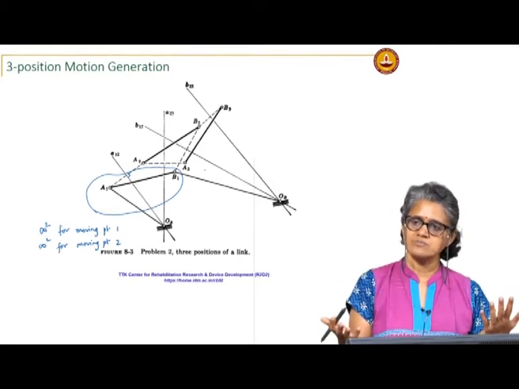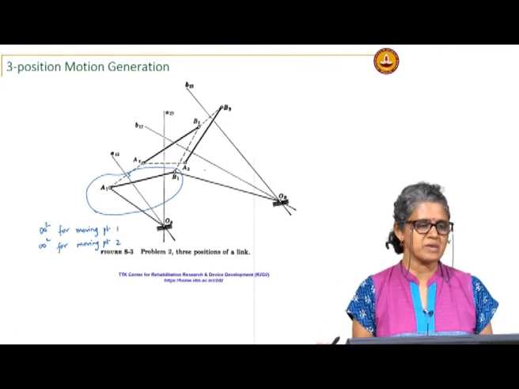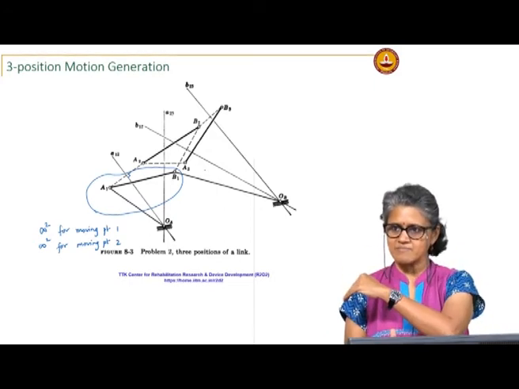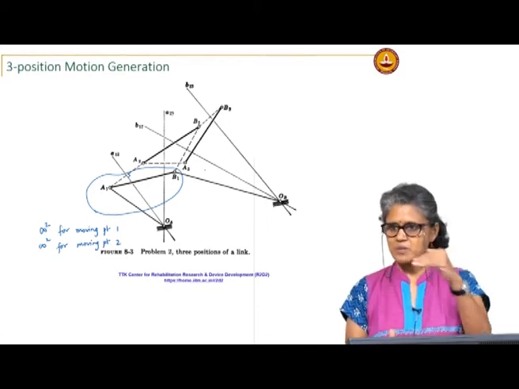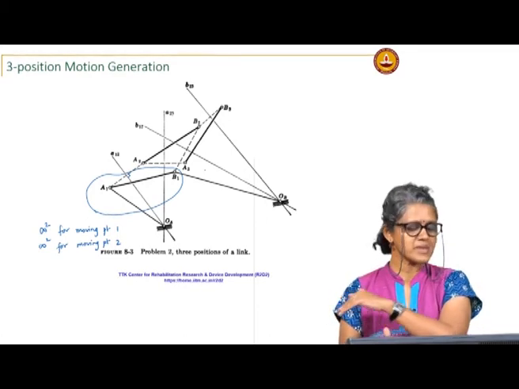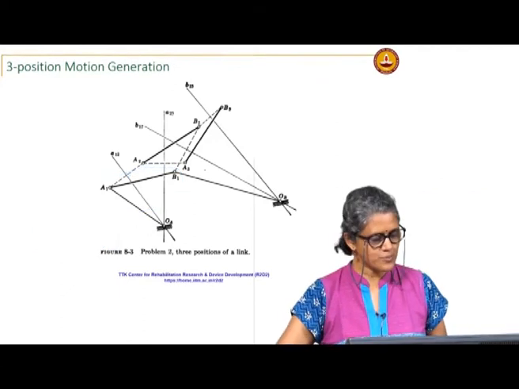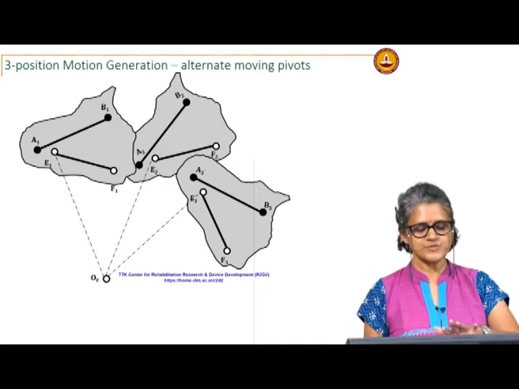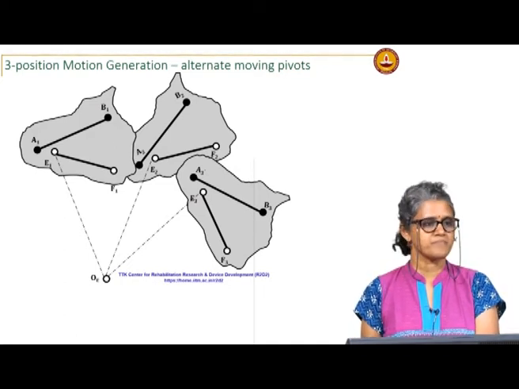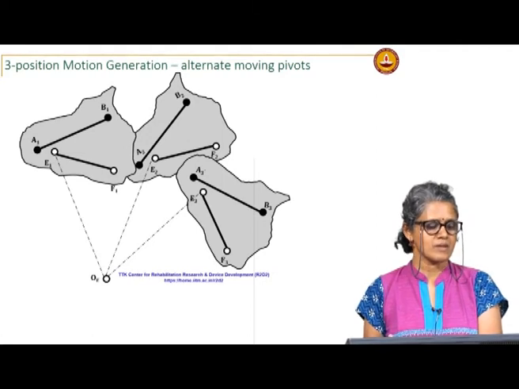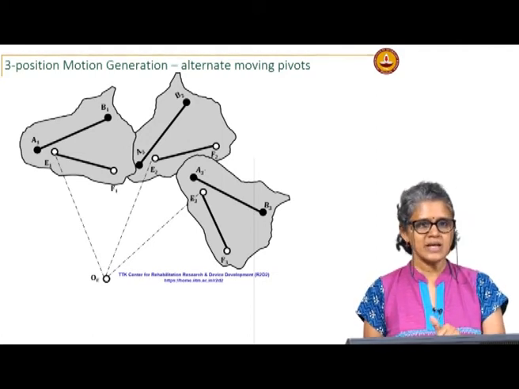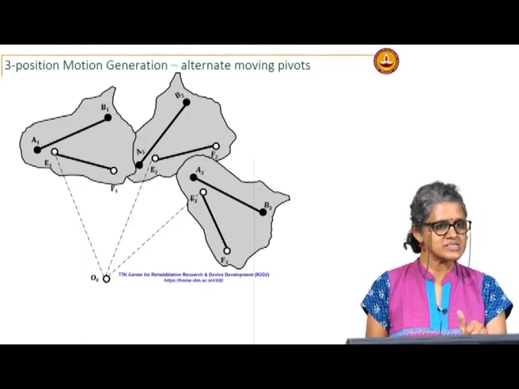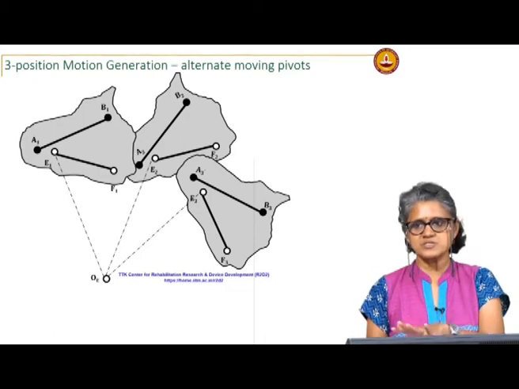But I could choose something else as my moving pivots, even though my reference for the motion generation is A1, B1, A2, B2, A3, B3. Okay? Because essentially what will I do? I could have A1, B1 moves to A2, B2, moves to A3, B3, but I can pick some other point E and F on that body, and what would be the relationship of E and F with AB in each position?